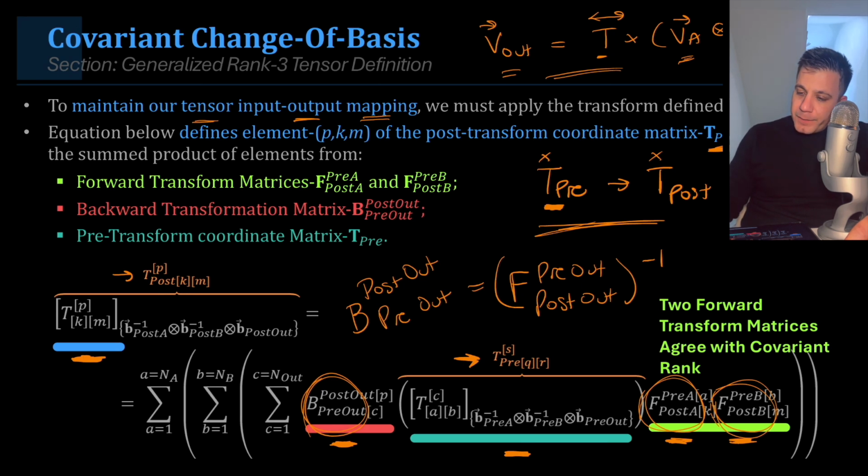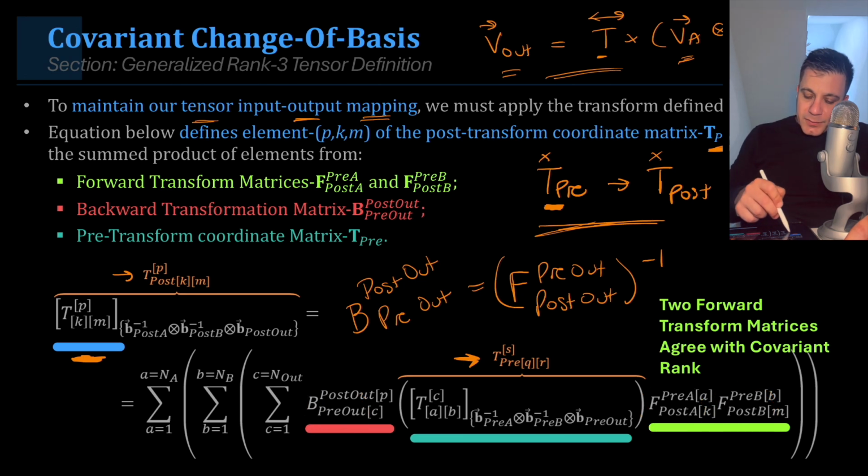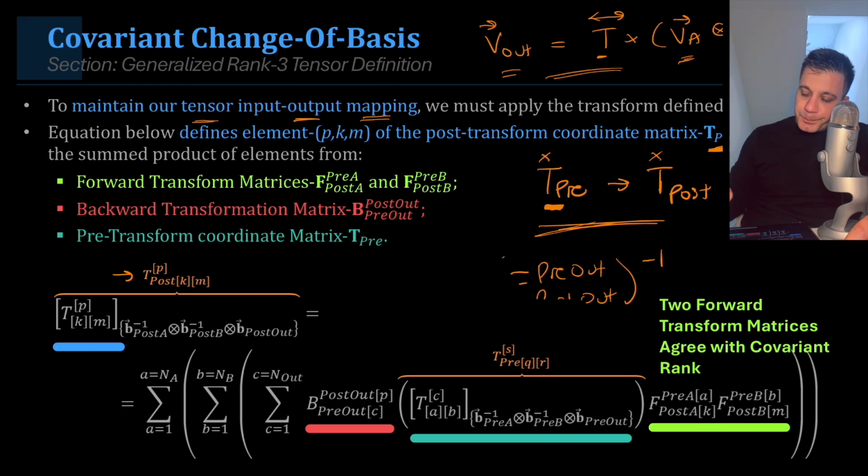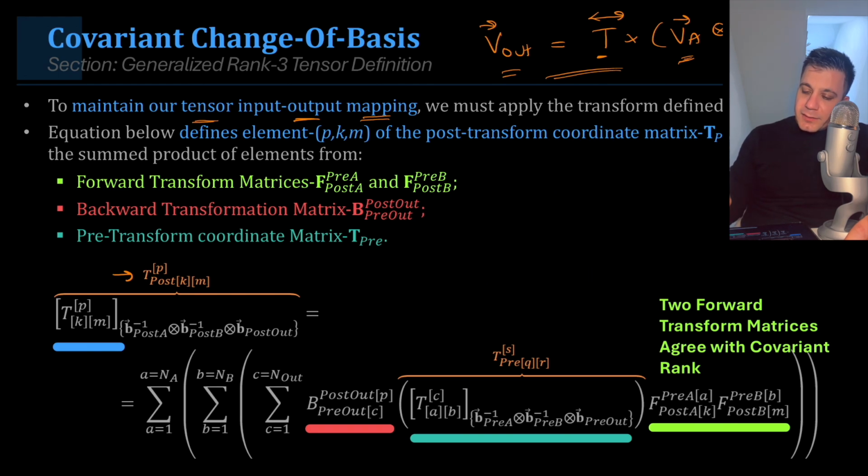And so now the one thing I haven't talked about is that this is a summation form right here. So we're actually not transforming the whole matrix in one step. We're actually dealing with individual elements. So to talk about that for 1 second, what this equation actually does is it calculates element P,